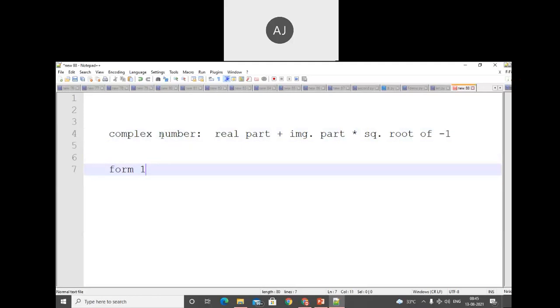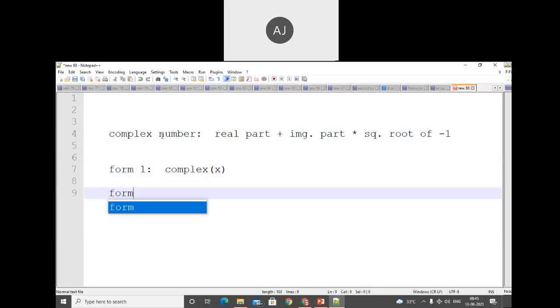Form number one will provide only one number, complex of x, and we have another form, form number two, in which we'll provide complex of two values, x comma y.